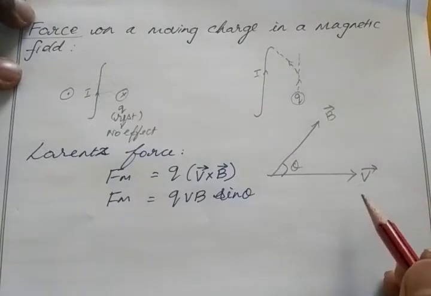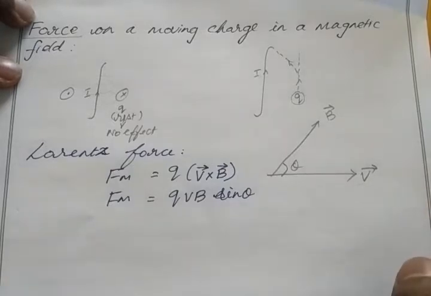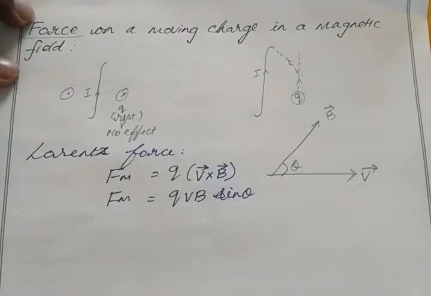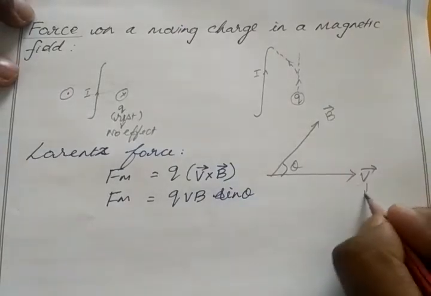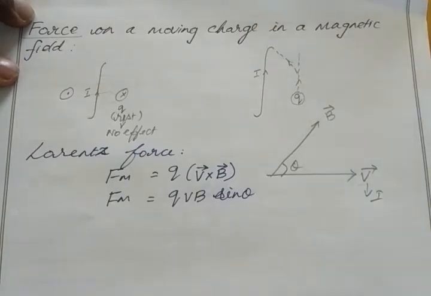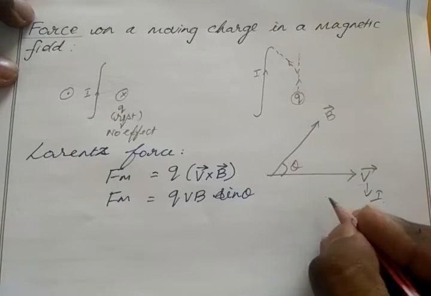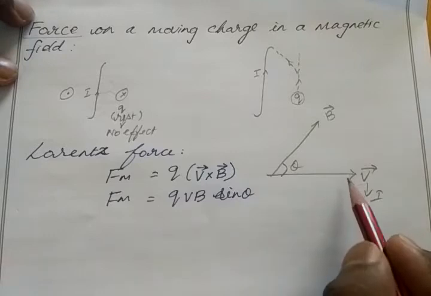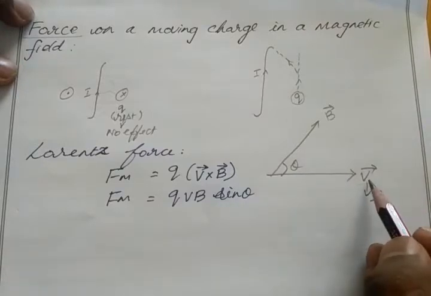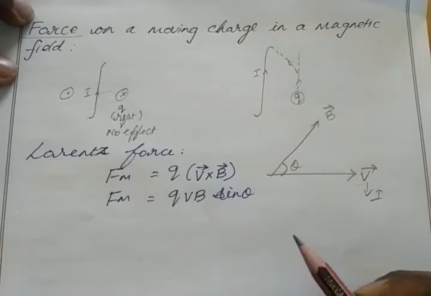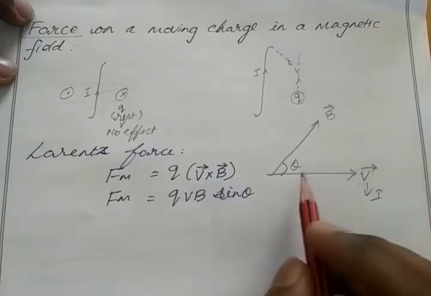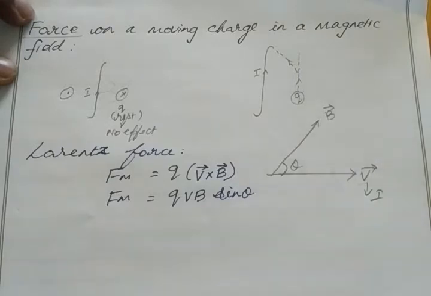We can say motion of charge, movement of charge, speed of charge, or what we will get when a charge starts to move. Exactly, current, right? So we can say the velocity of a moving charge produces current. We know current means flow of charge with respect to time. When charge starts to flow in a wire, it produces current, right? So velocity of charge and current both are the same. V will be equal to I. V means velocity of charge, it produces electricity, current.